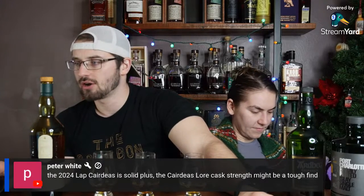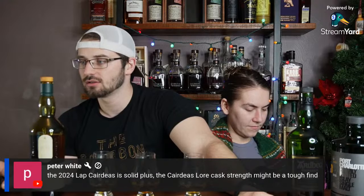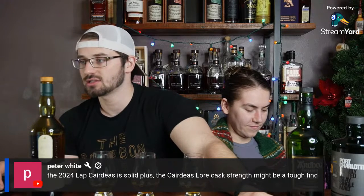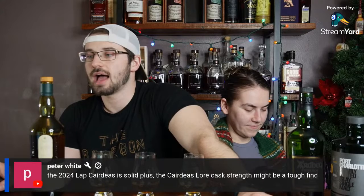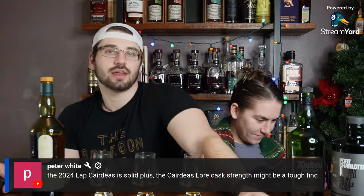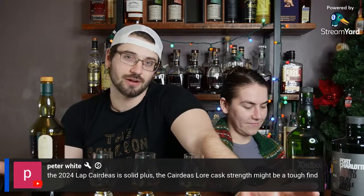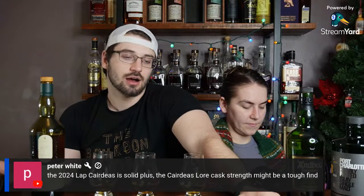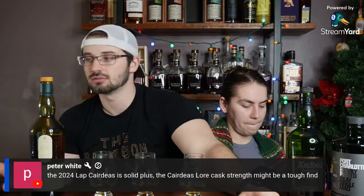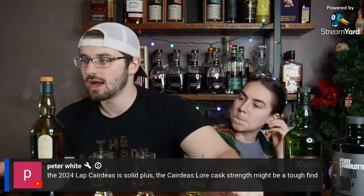The 2024 Laphroaig Cairdeas is solid, plus the Cairdeas lower cask strength might be a tough find. Oh, Laphroaig Cairdeas? See, I don't know any of the specialty things for Scotch either, but I'm trying to learn. I understand that Ardbeg Committee releases are not all that special, besides a cool, fun story and a cool, fun bottle, and it's definitely a marketing thing. But if they all taste somewhat close to Ardbeg, I like Ardbeg, so I don't know if I care. I'm certainly paying enough for bourbon. I'm not paying enough for Ardbeg. Anyway,